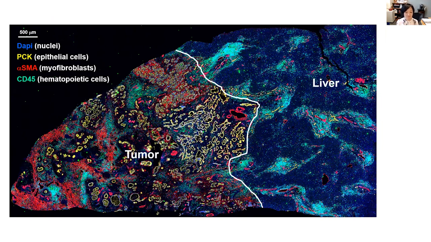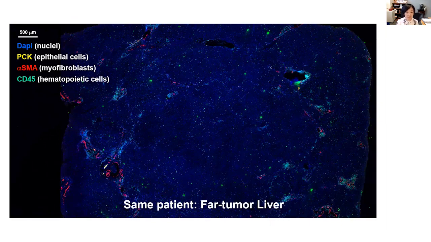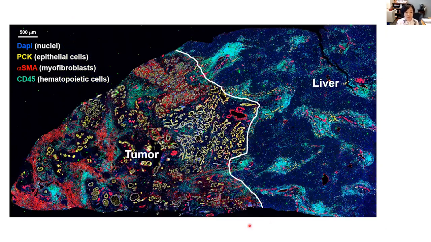But what I want to bring your attention to today is the liver next to this monstrous tumor mass. You may notice that there is actually something wrong with this liver. There are very weird cell organizations that also have these different cell types within. And you might ask, is this how a normal liver looks? What I can tell you is it's not. This is exactly the same staining that we did on the far-tumor liver from the same patient. So exactly the same liver, basically. And you can see how this far-tumor liver looks different compared to this near-tumor liver.